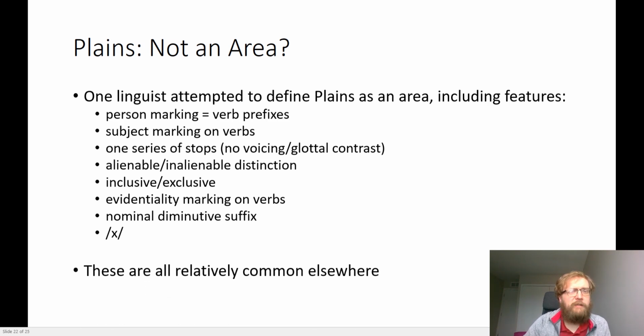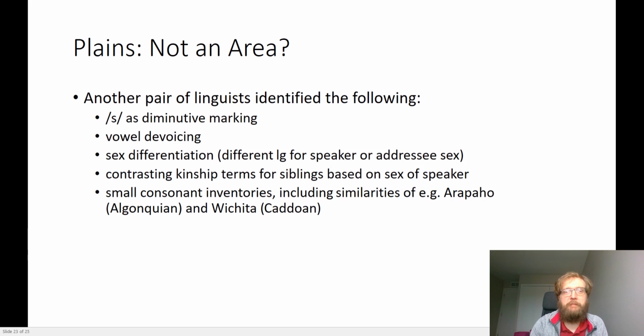But these are kind of common elsewhere. These are not that unusual typological traits. You could construct a typological map of alienable and inalienable distinction languages, that is, languages that mark the distinction between something that I could lose, like this cup, and something that would be a lot harder for me to part with, like this hand. A lot of languages mark that distinction. That's not all that interesting. Not all that rare of a phoneme.